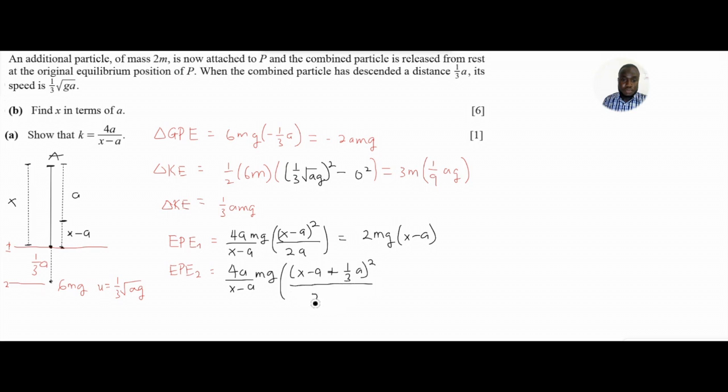We're going to divide that by 2a. So lambda x squared over 2 times the original length. Let's simplify this as well. This 2 divides that, the a divides that as well. We end up with